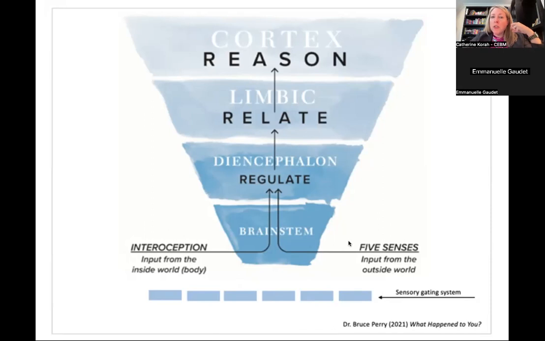For a child who's not just intense in their sensory world, but whose emotions are also very intense, I'm thinking about gifted kids right now, who are very bright, but also have all of the experience be intense, from the intellect to the emotion to the sensory experience. It becomes very overwhelming to the system to the point where it's hard to cut out the noise. So it's more difficult for them to regulate those emotions and to focus on the reasoning part because of the overwhelm in this system.